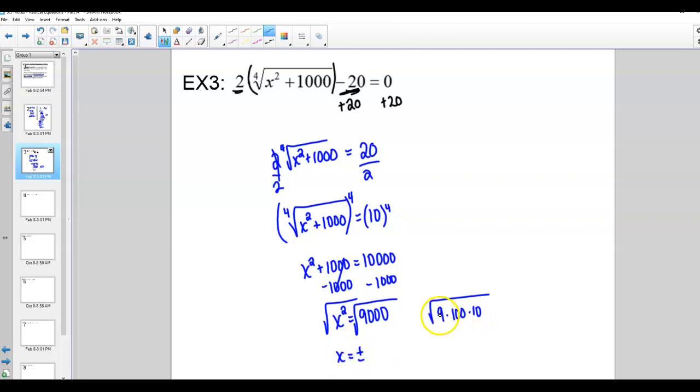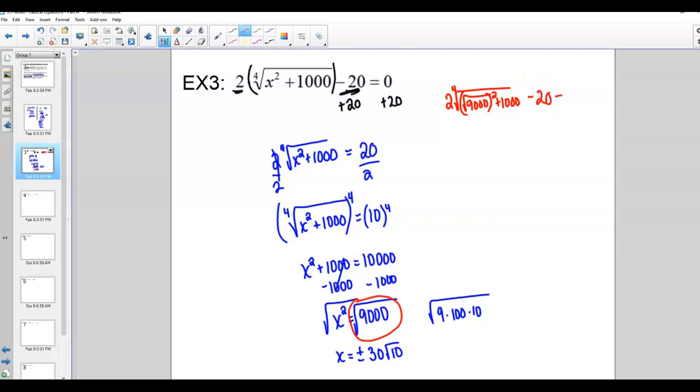Here, square root of 9 is 3. Square root of 100 is 10. So we'll have 30 square root of 10. Once again, I know it's a pain. I do not like doing this either, but you got to plug it back in to check. It actually is a little easier if you just plug the square root of 9,000 in. So if you do 2 times the 4th root of square root of 9,000 squared plus 1,000